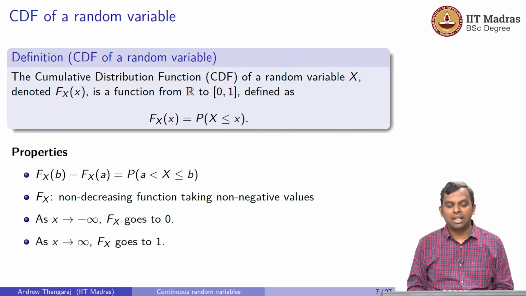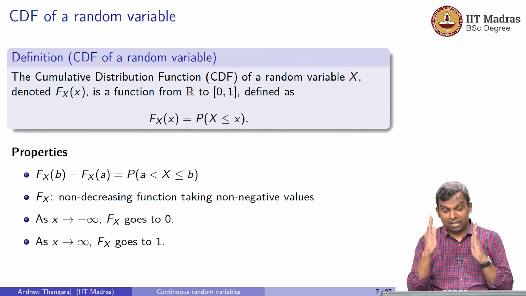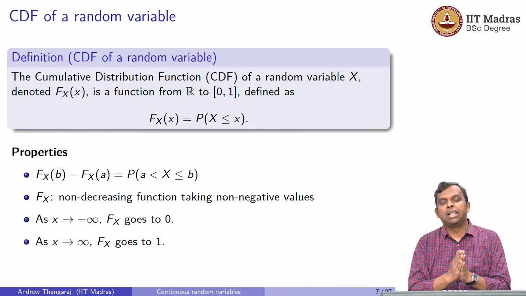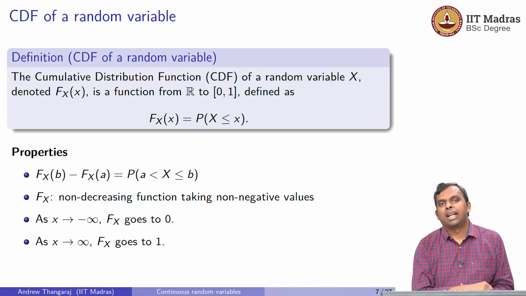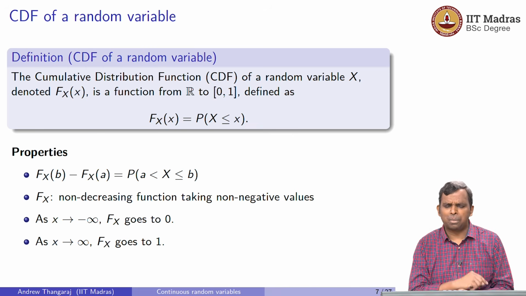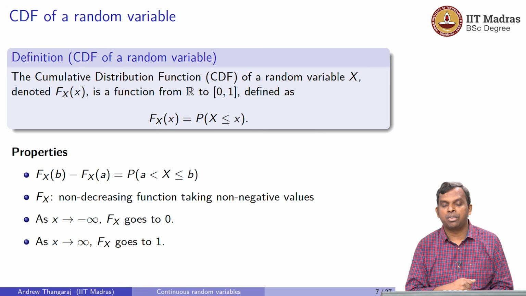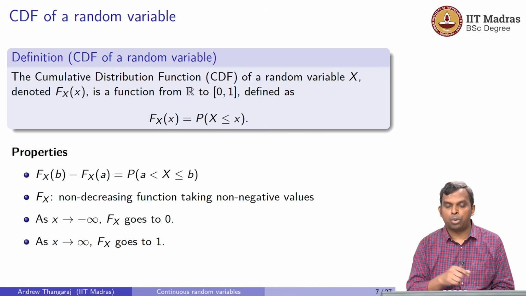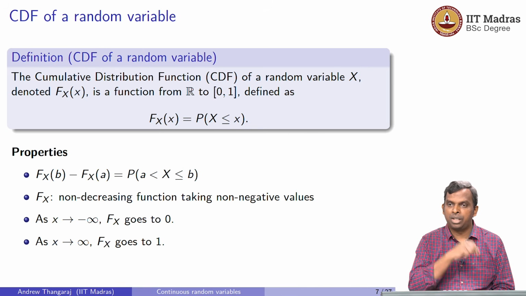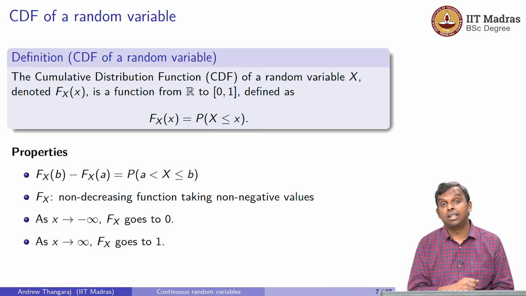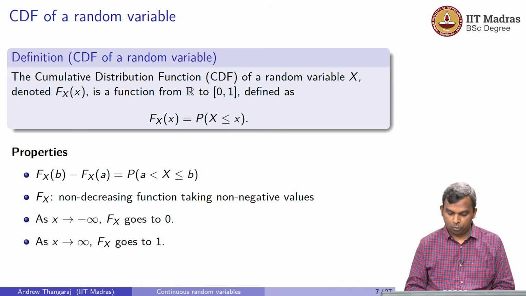It starts at 0, goes to 1, and the important property, like I said, is that the difference between two values of the CDF is simply the probability that x lies in that range. There are some adjustments for the beginning, end, etc., but that's what it is. Okay, simple definition. The cumulative distribution function is a very important definition. Like I said, it's quite often a bridge between the discrete world and the continuous world.